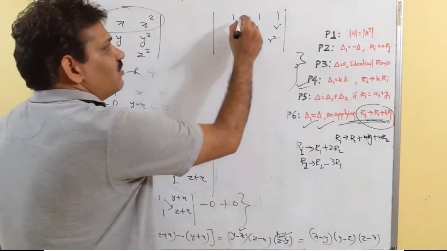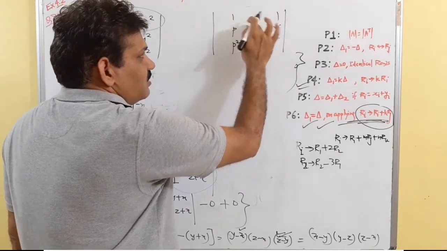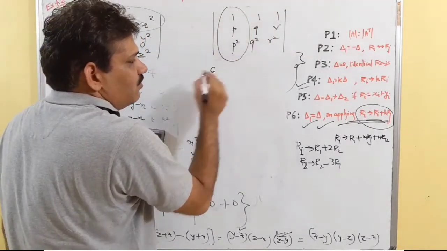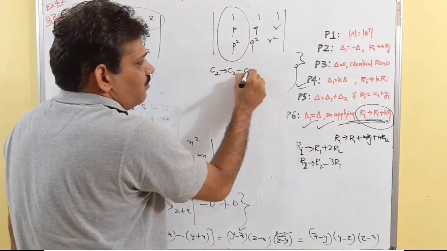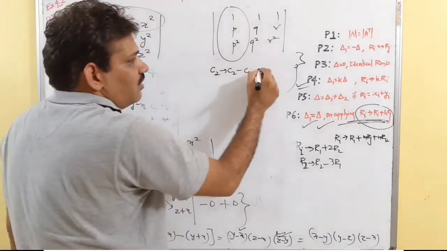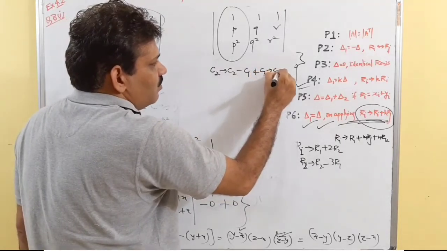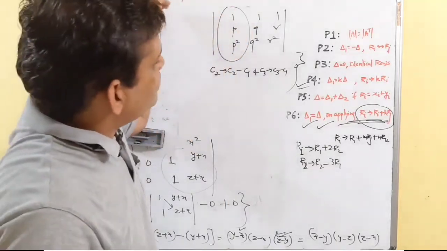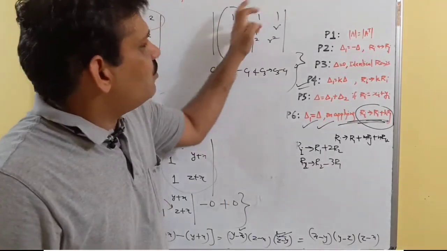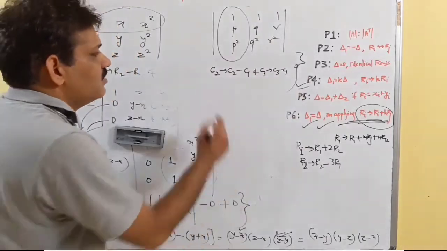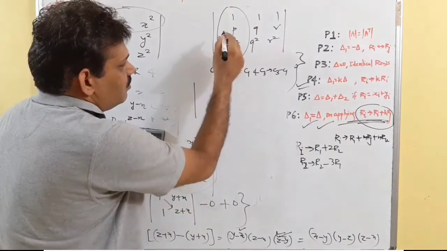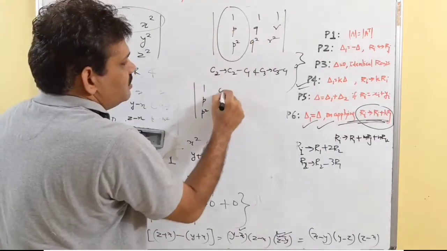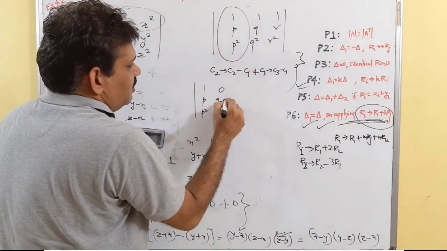How? We'll make 2 zeros. We have ones in this, so we fix this column this time. So we are applying column 2 becomes column 2 minus column 1, so that we make 0 here, and column 3 becomes column 3 minus column 1, so that 1 minus 1 is 0 and 1 minus 1 is 0. Then we'll expand through first row 1 0 0. How does it happen? See, there is no change in first column, so 1 p square. Now 1 minus 1 is 0. Q minus p.